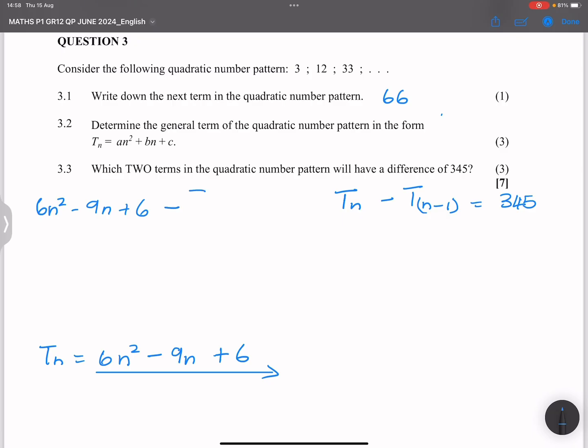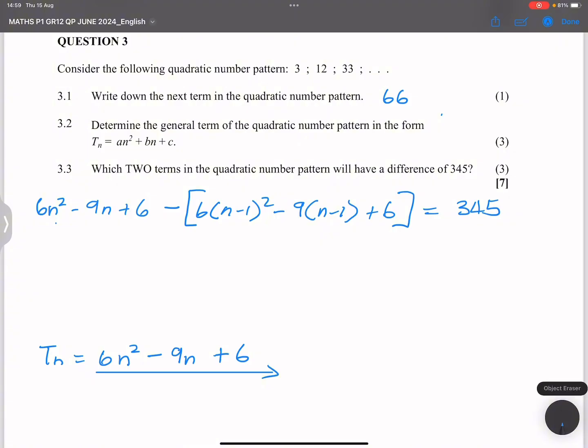Now remember, everything where I've got n will actually now have n minus 1. So this will be subtract 6 into, where I've got n, I put n minus 1 squared minus 9 times n minus 1. This is plus 6, and this will give us